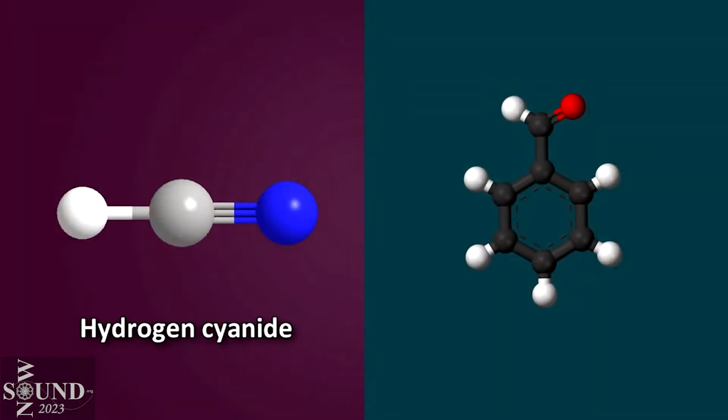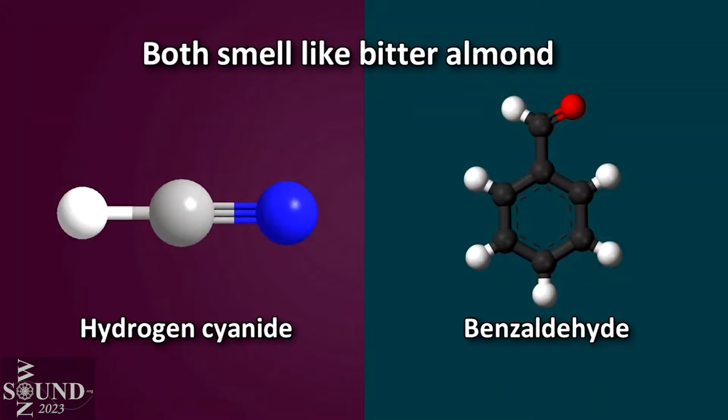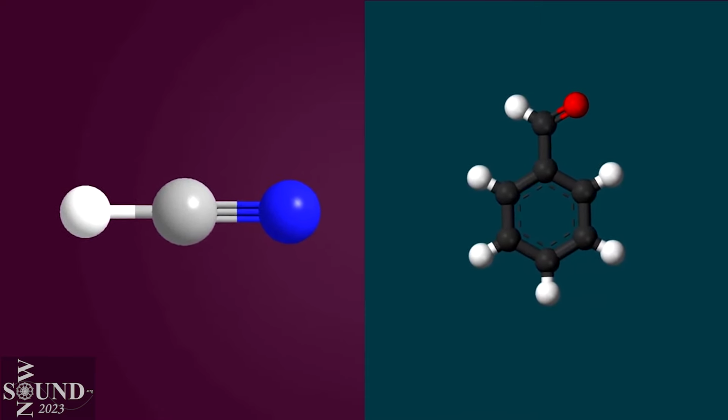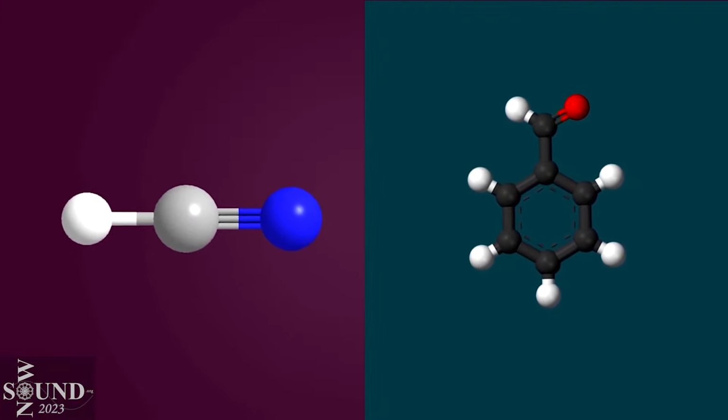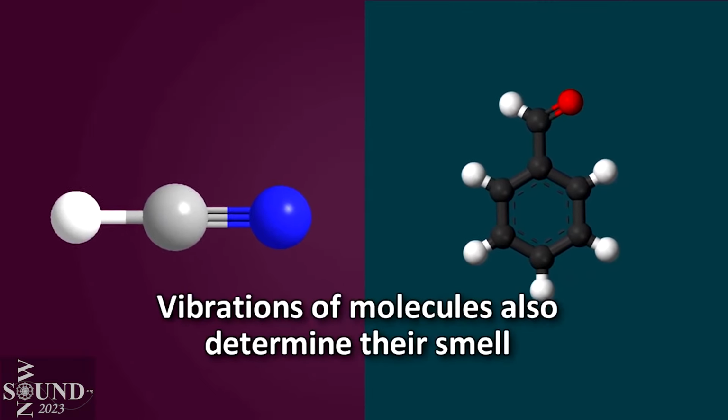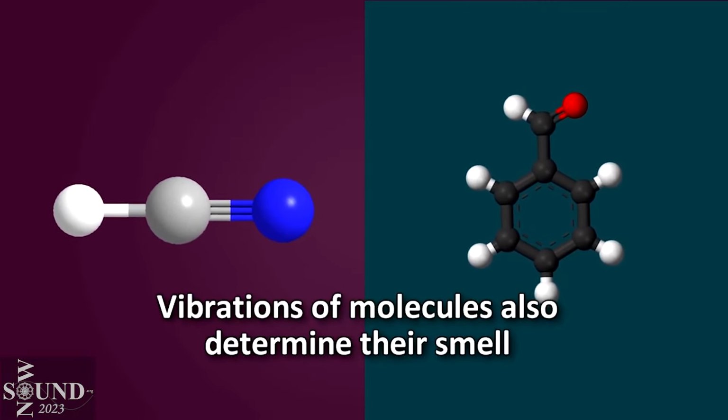So researchers discovered that you can have molecules of different shapes that have the same smell. For example, cyanide smells the same as benzaldehyde, a bitter almond smell, but they're vastly different shapes. So scientists concluded that there must be something more than just the shapes that determine smell. Well, it turns out that although the shapes are different, cyanide and benzaldehyde have the same vibration. New research suggests that it is indeed not just the shapes of the molecules, but also the vibrations of these molecules that determines how we perceive smell.